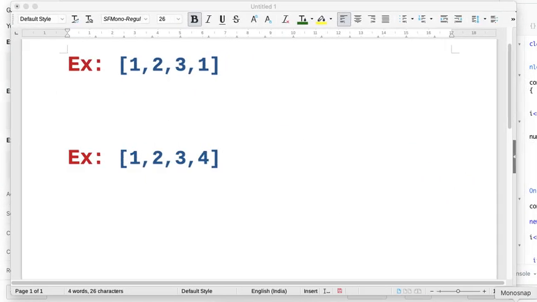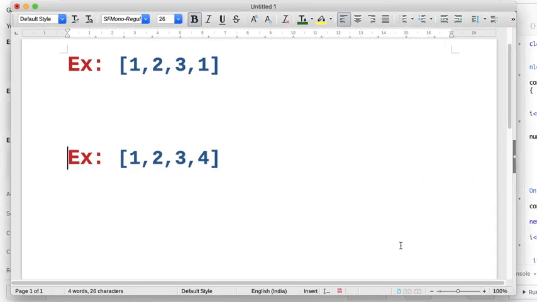So there are two ways to solve this problem, and both ways are correct. Depending on the constraints given, you can solve either of those. The first approach is, I have this array, right? What if I sort this array? Then all those duplicates have to come adjacent, right? If there are duplicates, when I sort this, it will be 1, 1, 2 and 3.